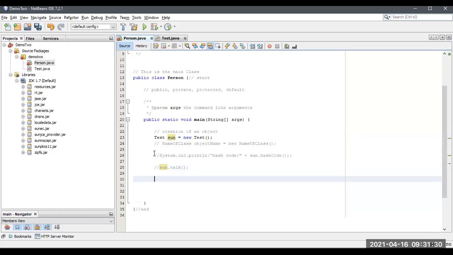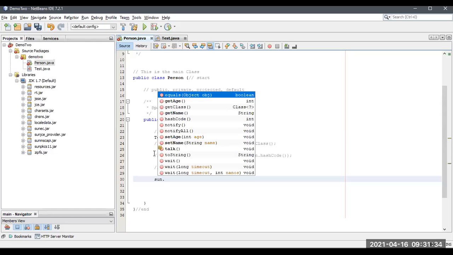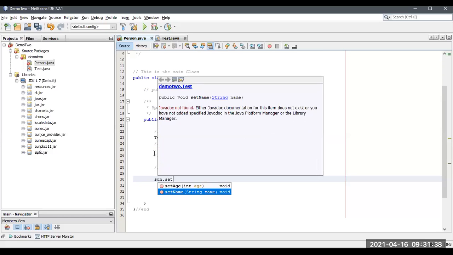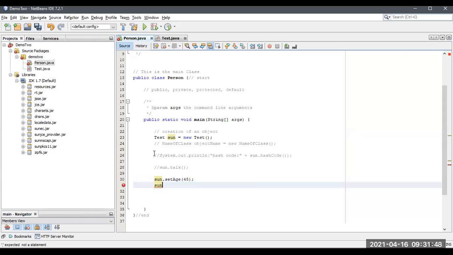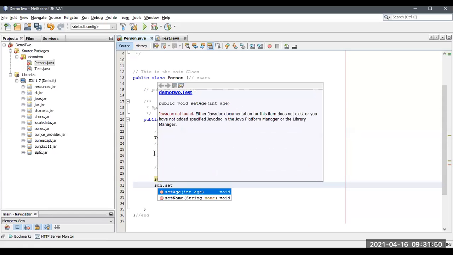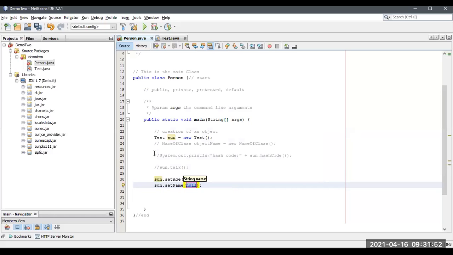Now I'm going to set, sun dot set name. Sorry, we'll set age first. So now I'm going to set age like 45. Now sun dot set name, moon.